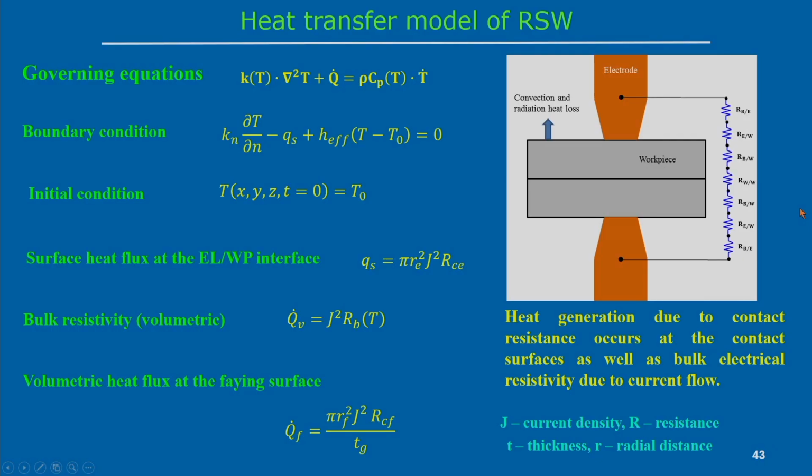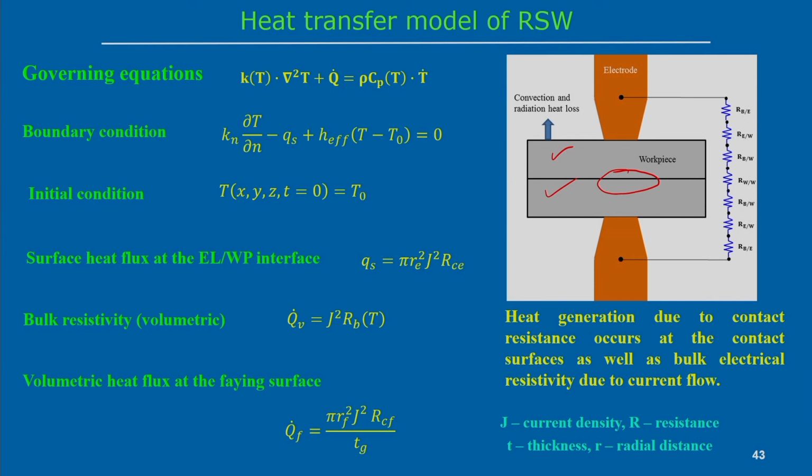But our focus is on what we can do with some modeling. I am talking about the thermal modeling of the resistance spot welding process, and we can see how the model helps to predict the liquid metal embrittlement severity. In principle, how it works: these are the two workpieces that have to be joined. Joining means we can join at the interface. So, you have to melt the interface, and after solidification the two metals can be joined. In general, this is the spot welding process.